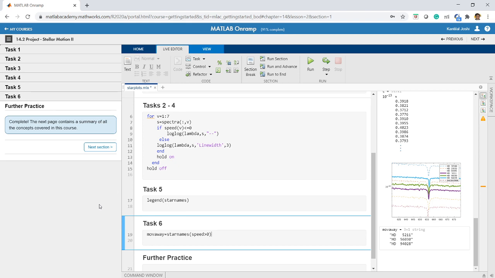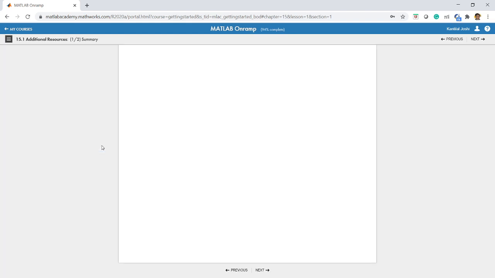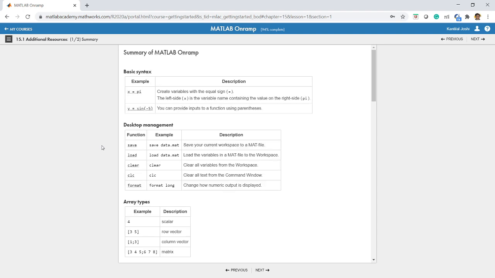So this completes the project, and rather the course. I will urge you to go through the course on your own. I have taken you through this course along with me, but you also need to do it on your own. This is the summary that we have.